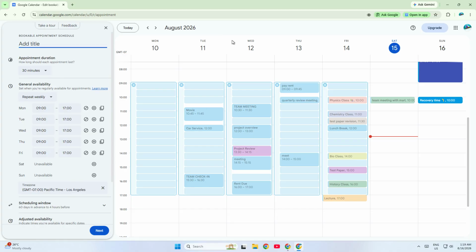Next, give your booking page a title. This title is what people will see when they open your booking link, so make it clear and easy to understand. For example, you might name it something like Consultation Call, Client Meeting, or Free Discovery Session. After that, set the appointment duration. This tells Google Calendar how long each booking slot should be. You can choose a shorter meeting like 15 or 30 minutes, or something longer depending on the type of appointment